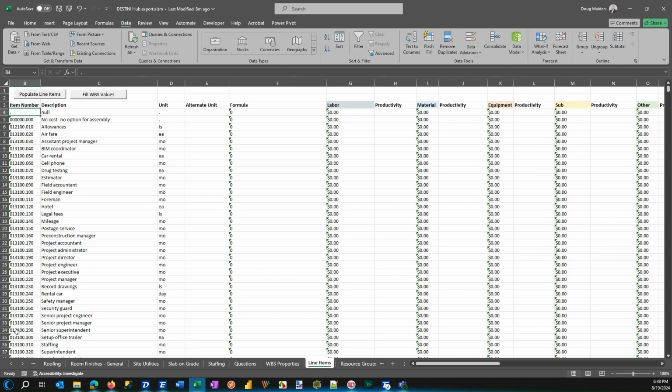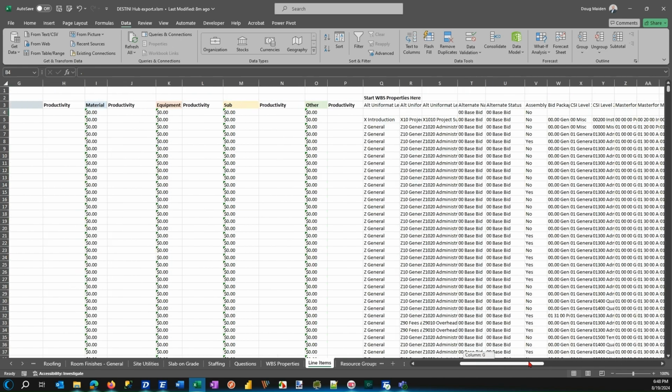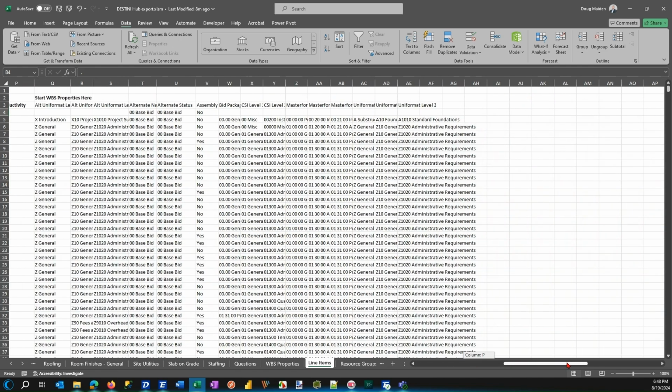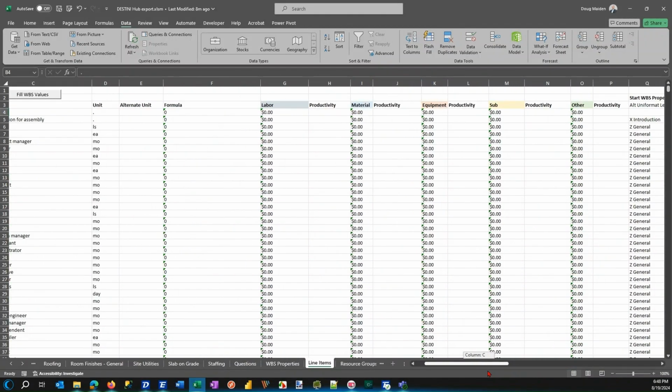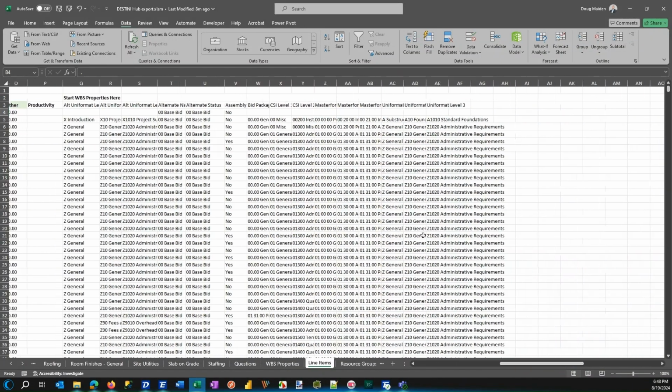Now I have the entire database flattened out, and I can start taking a look at everything that is in Data Manager and make wholesale changes very quickly with search and replace. As you see, it's very difficult to see all of these columns near from Q on over, which are WBS